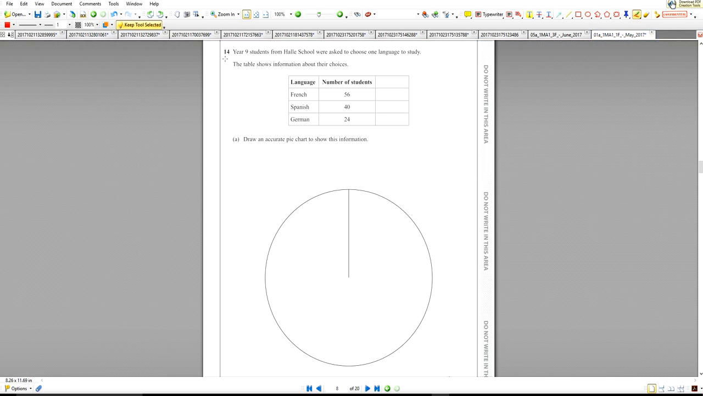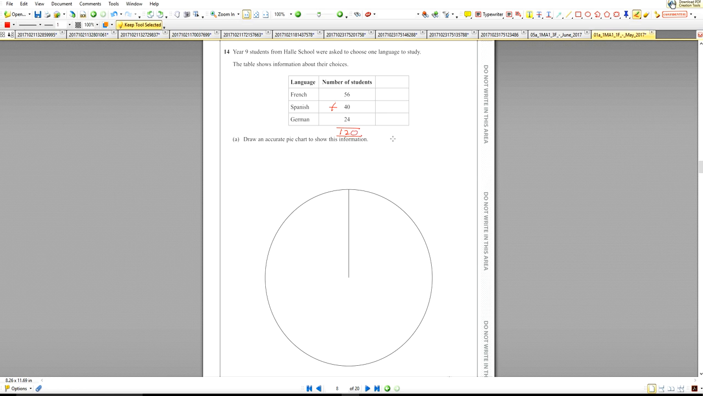In question number 14, year 9 students from Hale School were asked to choose one language to study. The table shows information about their choices. First of all, we need to add up these values to work out the total number of students that we have. So we work out the total number of students is